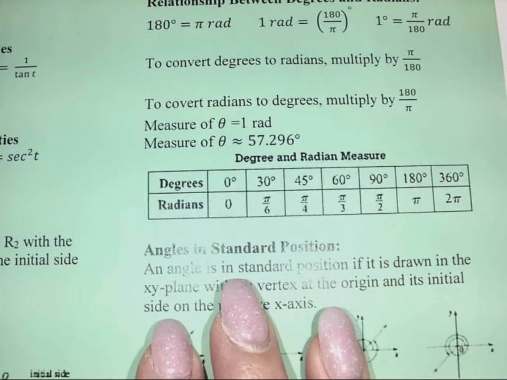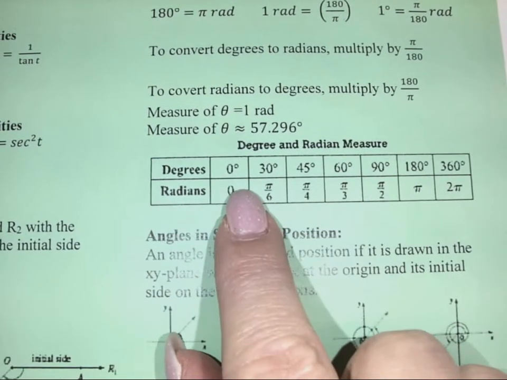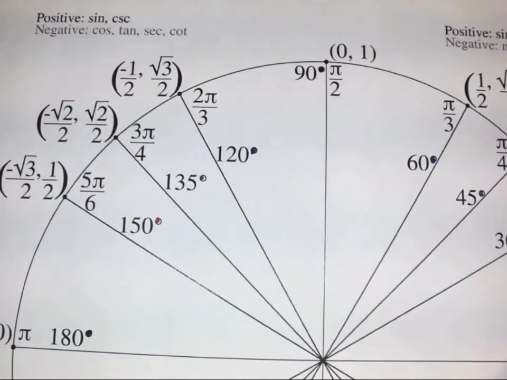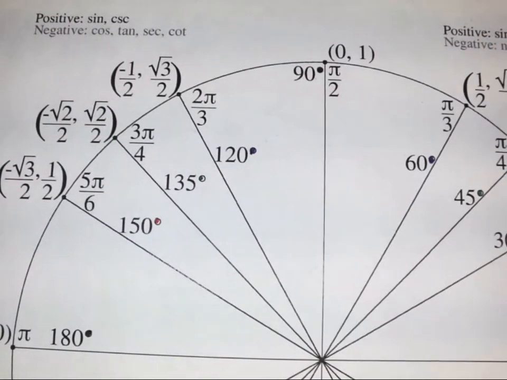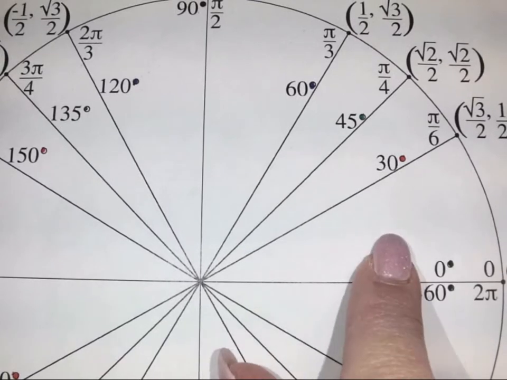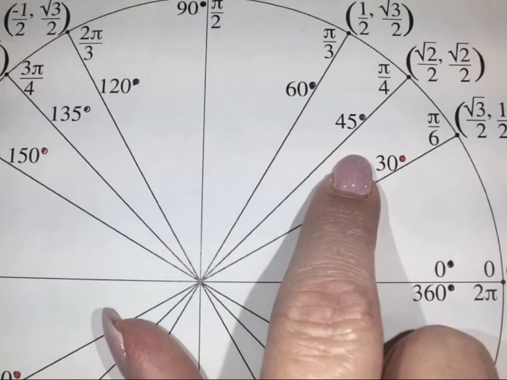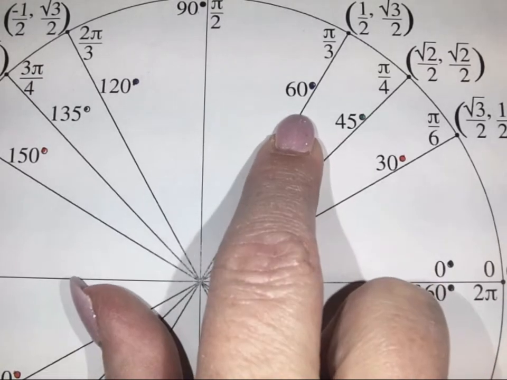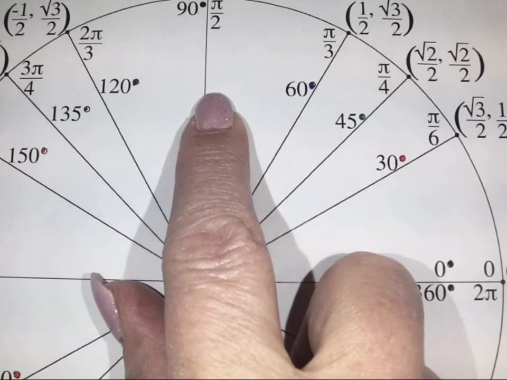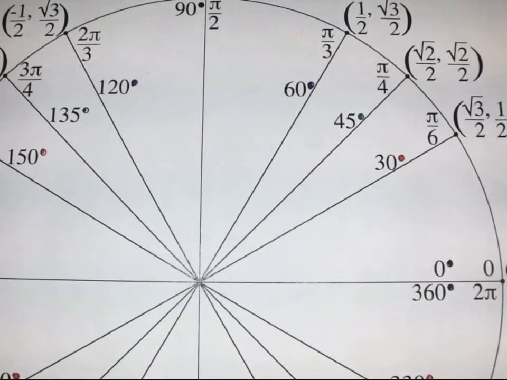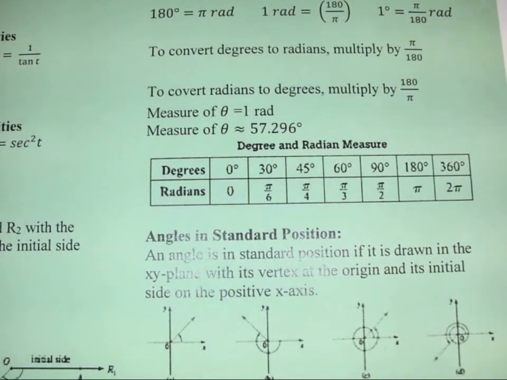We have some degree and radian measures. So these are the common ones, again, on our unit circle. So you can see how those relate. Notice that as it jumps, this is a little bit wider, so it's 2 of them. So that's 15 plus 15 will get you 30. Plus 15 is 45, plus 15 is 60, plus again 2 15s, adding 30 to that to get 90, and it continues around. So if you get, again, the more understanding of that unit circle, the better off you're going to be. Because then you're not like,